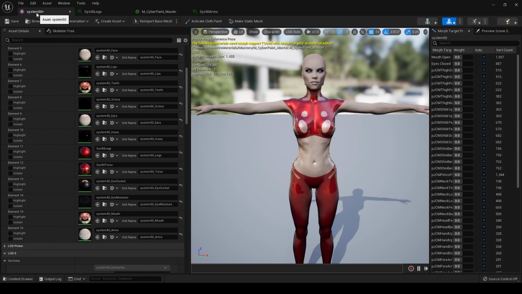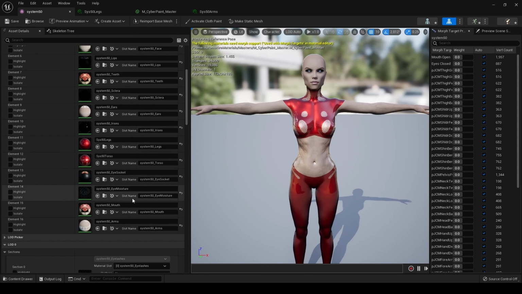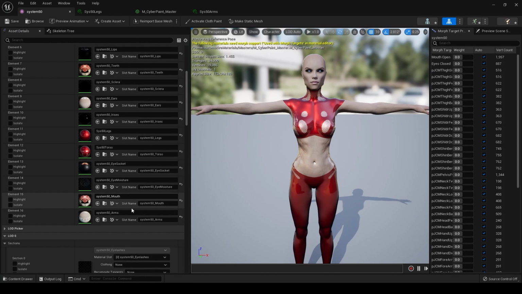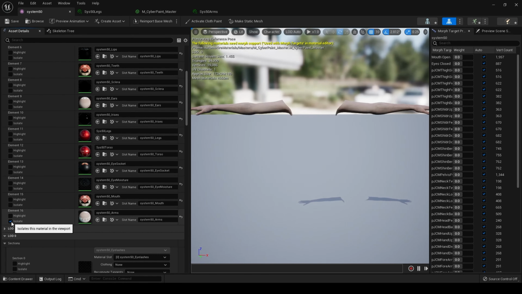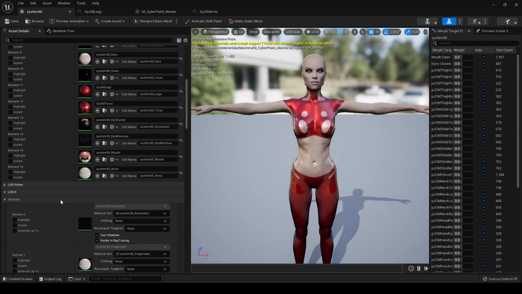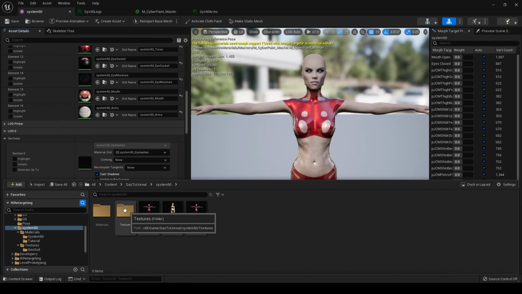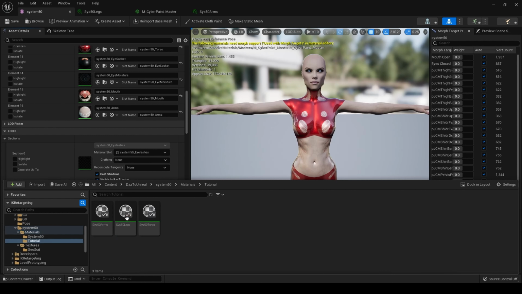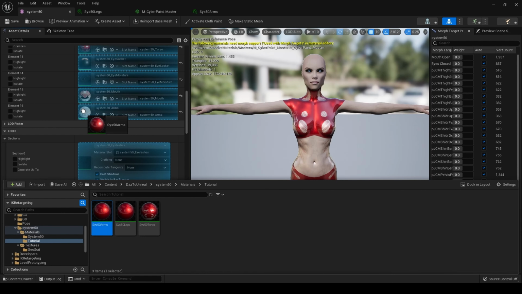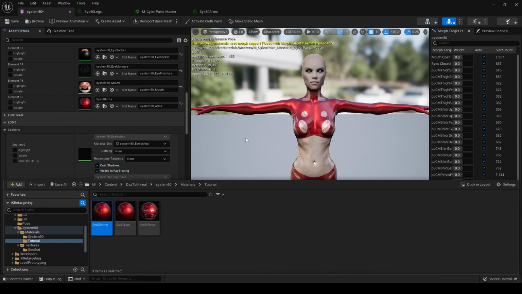And if we go back to our character, hit save, we need to go to the arms, which are here, right at the bottom, and then get the material instance we just created and drag arms into there,